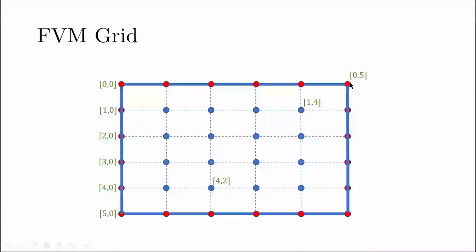In a similar way, you can also obtain the index for any arbitrary point. So let us consider this one here. Because this is the 0th row and this is the first row, this is 1, 0, and this is the first row, and again you can find that the column index here would be 4. Also, you can try to justify whether this 4, 2 is correct or not. In this way you can correlate the indexing to the finite volume grid.